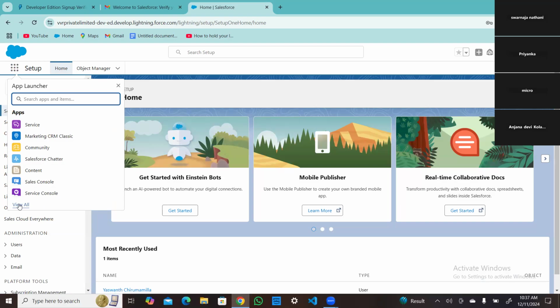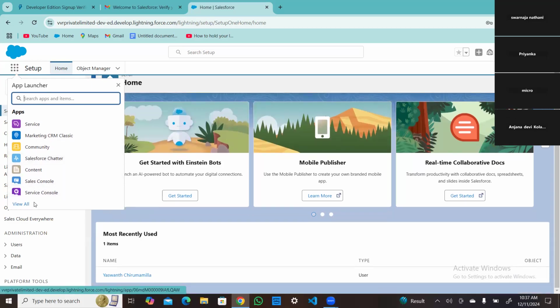If we want, we can create our own applications, or we can utilize these existing applications. So service, sales console, service console, marketing CRM. I'm going to explain each and every application, and we will open each of them in our future classes. But the app launcher is the place where you can see all your applications.